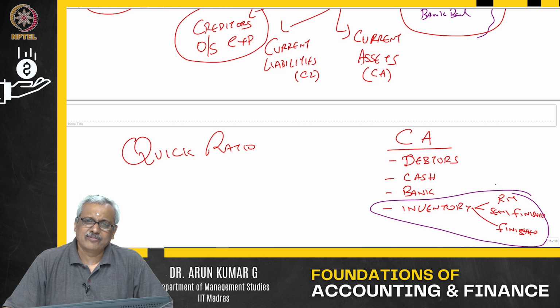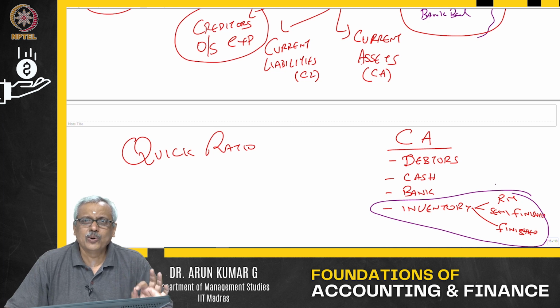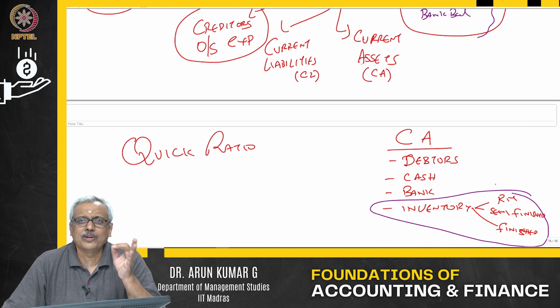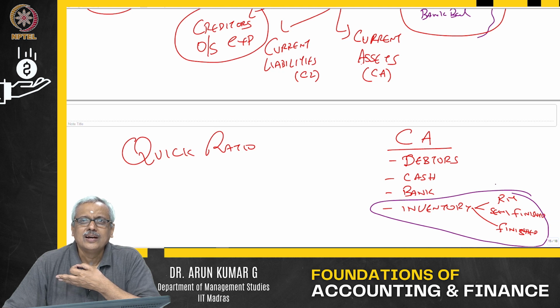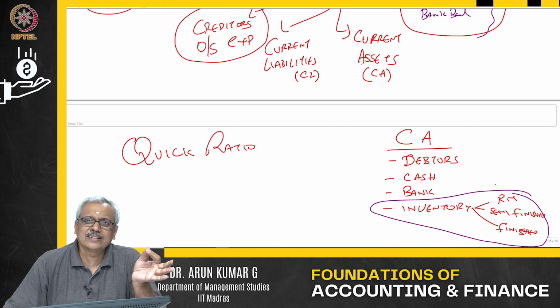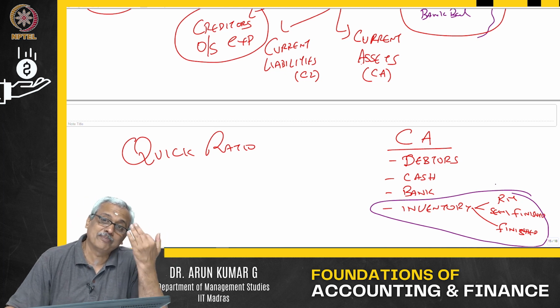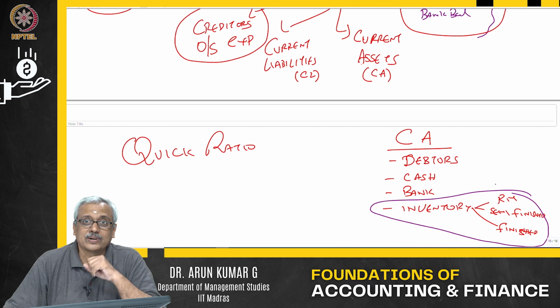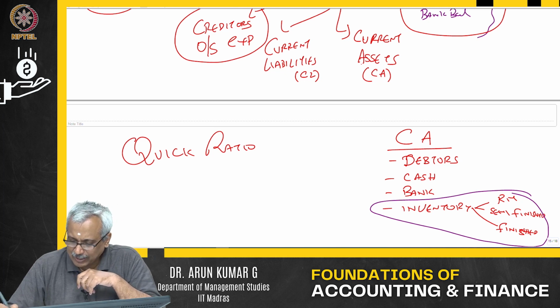Now, take even raw material inventory, for example. I am an automobile assembler. I buy tires from one of the tire manufacturers. I have a lot of tires. Now can I sell the tires? I can sell the tires. But if you have to buy a tire, whom will you buy from? You will obviously buy it from a manufacturer directly, rather than going to another automobile company and buying it from there. They will have to sell it at a discount and so on and so forth. So these become very sticky.